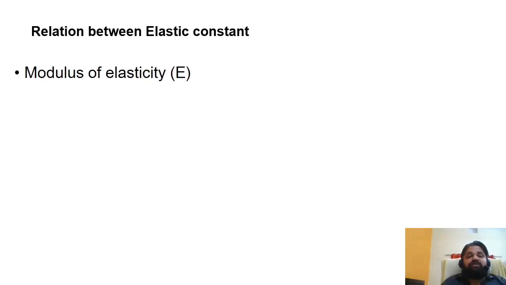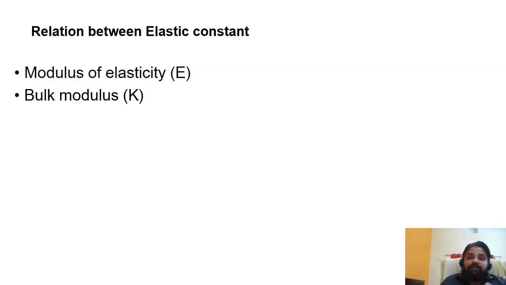So modulus of elasticity we represent in terms of E, and most of the books follow the Young's modulus as E. Most of the books follow the bulk modulus. Again, one new term comes into the picture, the bulk modulus. We have not yet discussed anything about the bulk modulus. We will try to first find it out. I think most of you know what bulk modulus is. I need not explain just now.